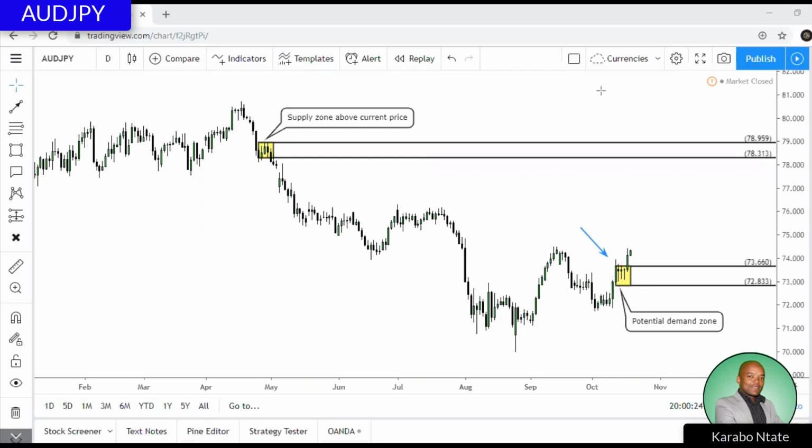And looking left, if I could draw my resistance level, if we could get a break and close above this resistance level and we get our 1:2 move away from the zone, it will be a great indication that this is a very